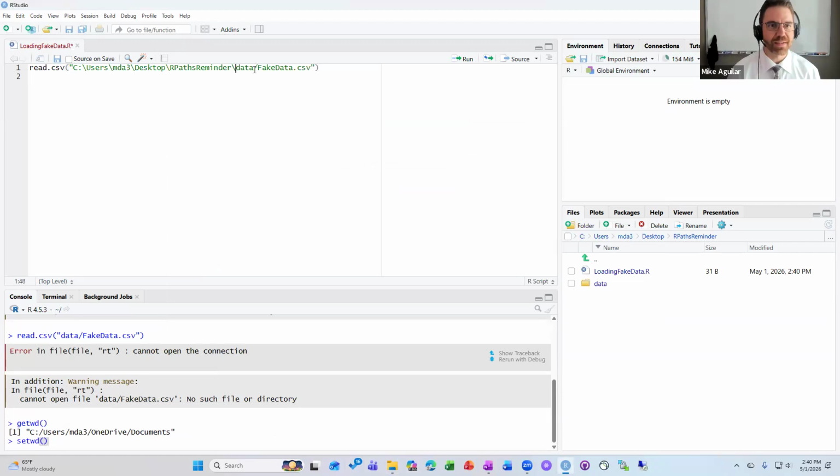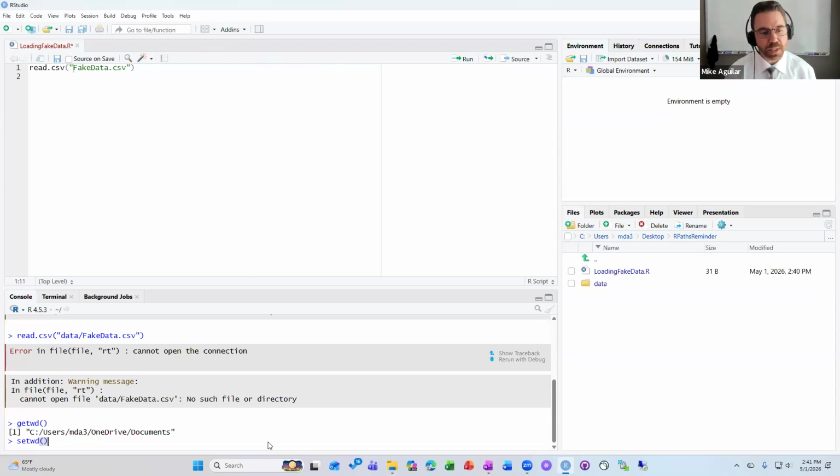But oh, wait a second, look at that. When you copy from the Windows Explorer, the slashes are one way, and then the way that R reads it, the slashes are the other way, pain in the blank, right? So it's possible. All we got to do then is physically go through and change each of these, and that's just not fun. So I'm gonna get rid of this,